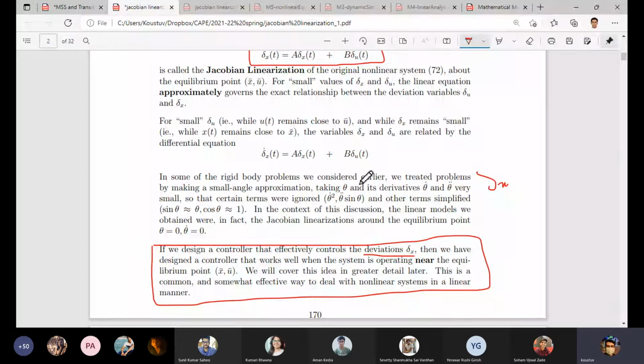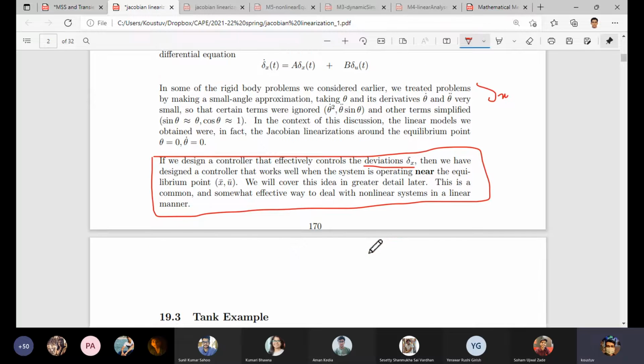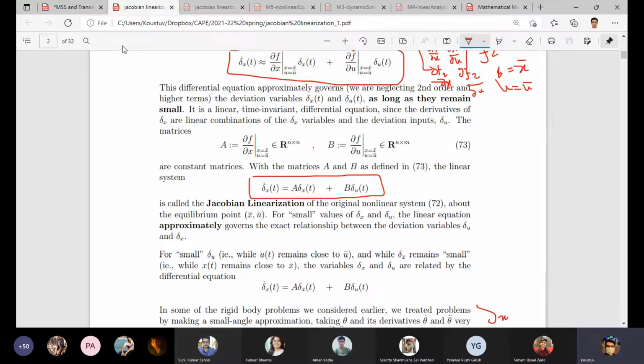So if we want to operate at some unstable steady state point, we need a controller to take some actions. Whatever deviations have occurred, it will try to act upon them, to restore the expanding delta x term and its derivative so that it goes back to that steady point. So this analysis has an implication: if we want to design a controller, then this linear variation with respect to time of the deviation variable is required. Okay, so just keep this in mind, and more understanding will follow.